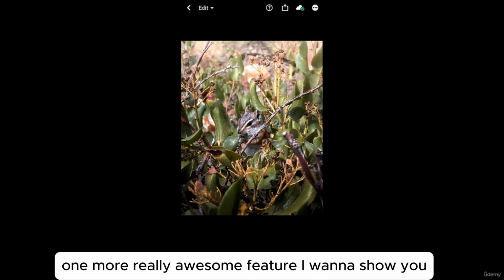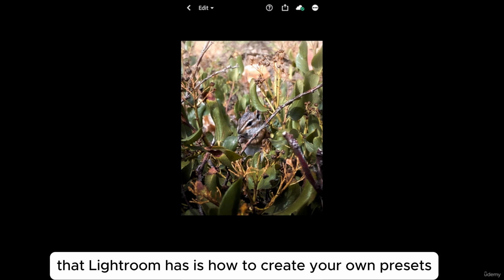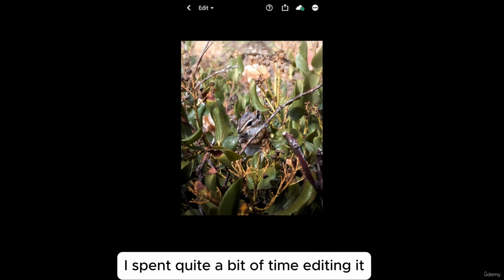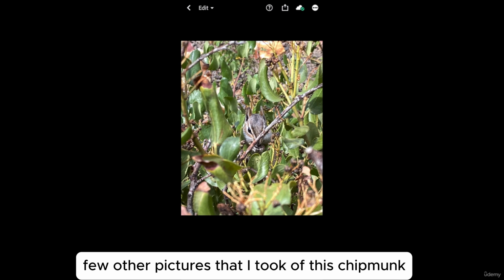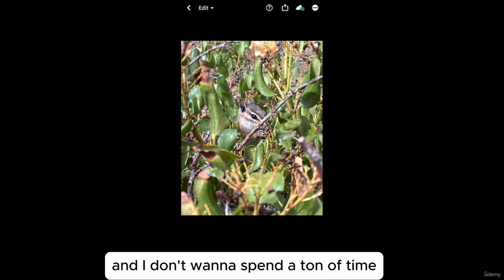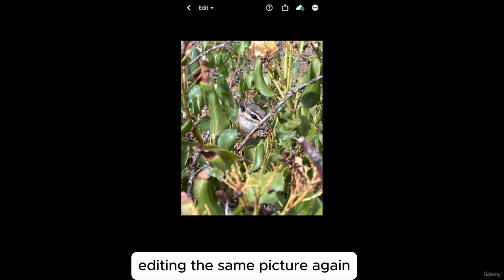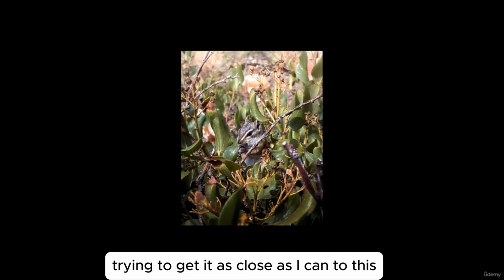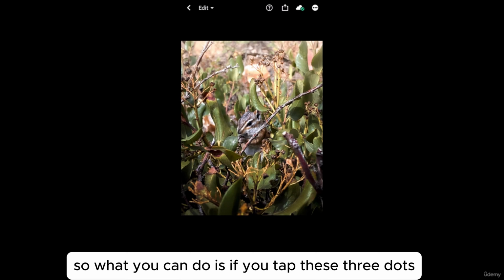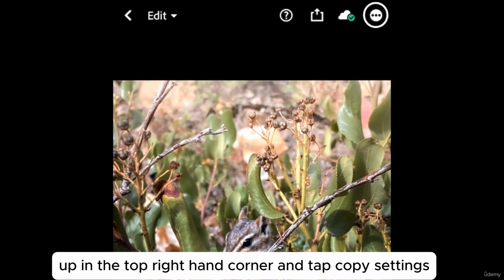One more really awesome feature I want to show you that Lightroom has is how to create your own presets. This photo right here, I've spent quite a bit of time editing it, and I think it looks pretty good. But I have a few other pictures that I took of this chipmunk that aren't edited, and I don't want to spend a ton of time editing the same picture again, trying to get it as close as I can to this. So what you can do is, if you tap these three dots up in the top right hand